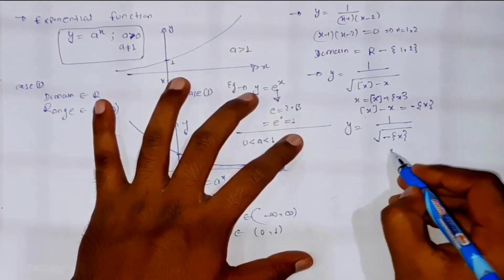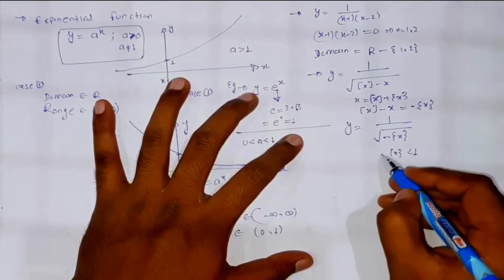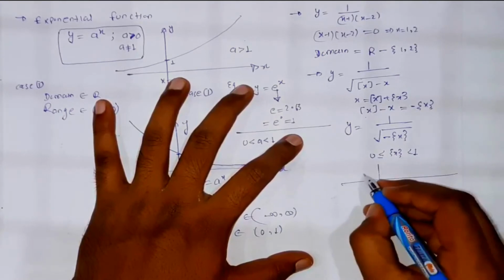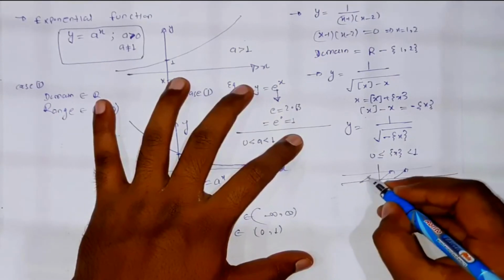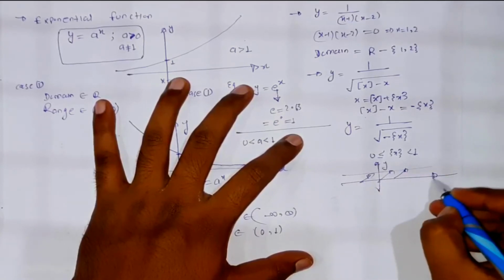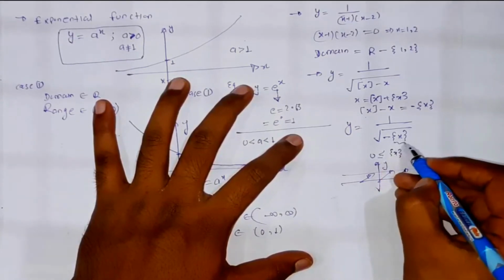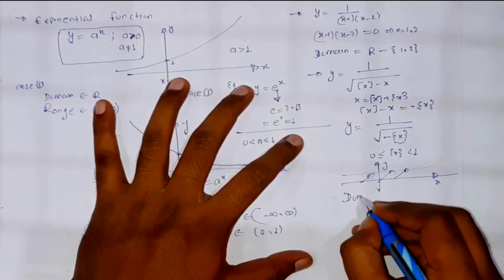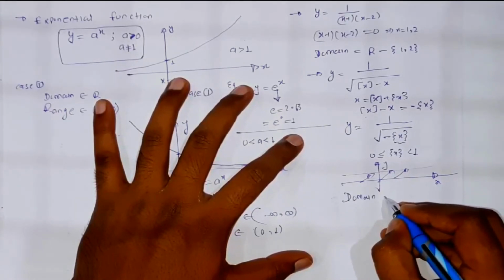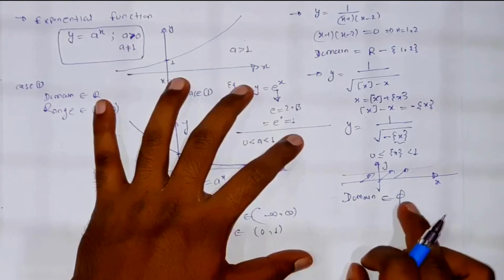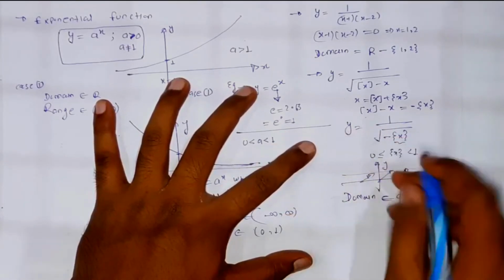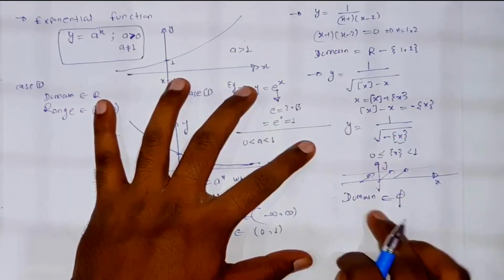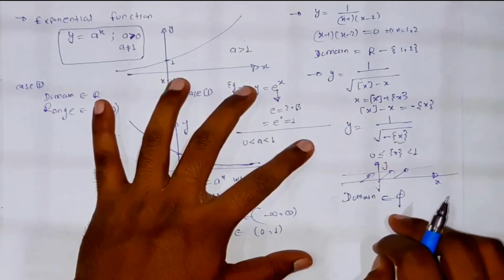I know this fractional part function lies between 0 and 1, greater than or equal to 0, because I know the graph of this function. It will be like this, 0 to 1. So this portion is positive, but with the minus sign it is negative, so this is undefined for each and every value of x. So the domain will belong to phi, because there will be no value of x for which this function is defined. I hope it is clear to all of you.